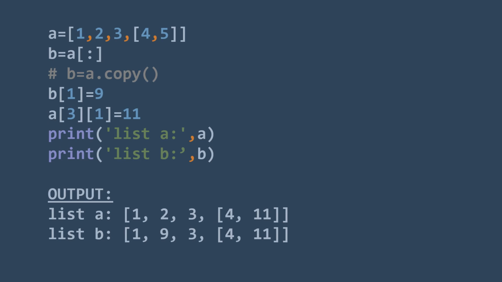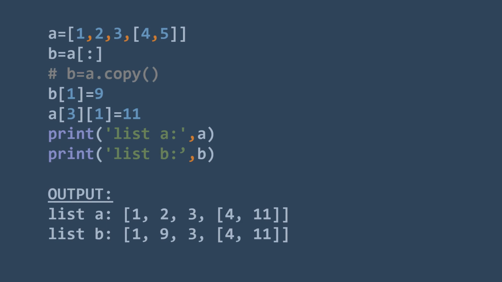When you modify a sublist element, that modification is reflected in both lists. But if you modify a normal list element, like we modified B of 1 is equal to 9, then that change is only reflected in list B. The same modification is not reflected in list A. But the changes made in the sublist portion are reflected in both lists.